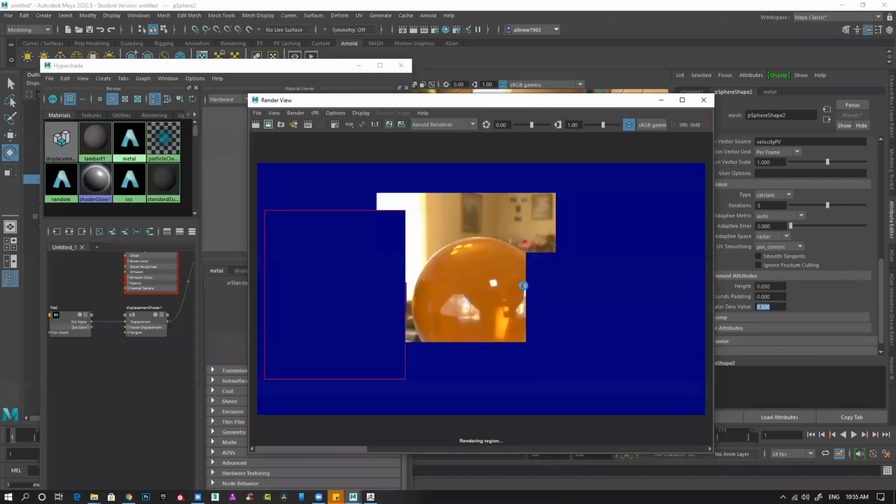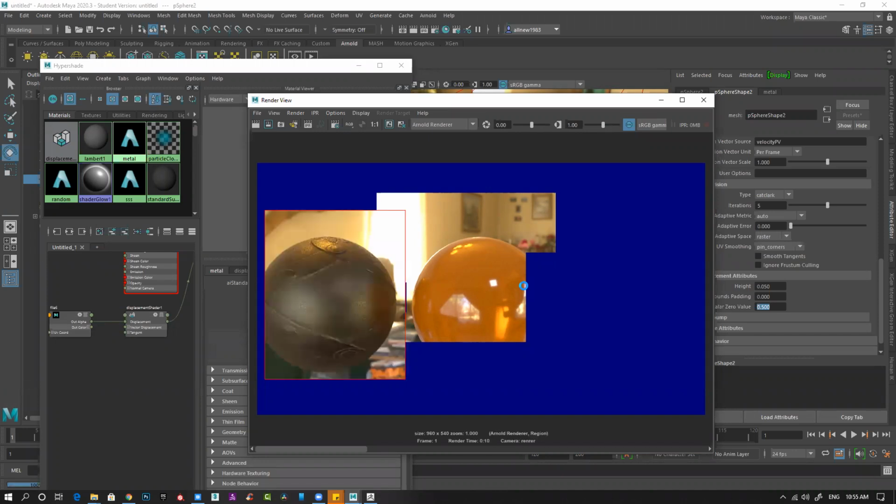Now render one more time. So now you can see you have this thickness slightly, and 0.05 is way too low, I believe, for this.